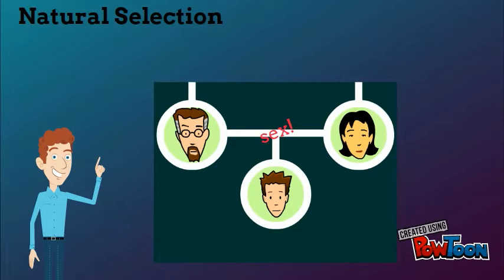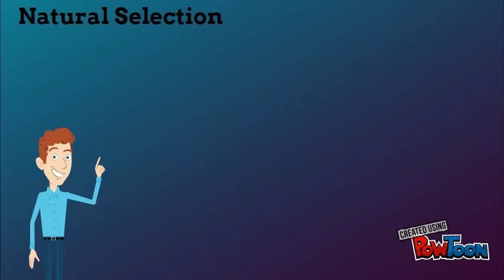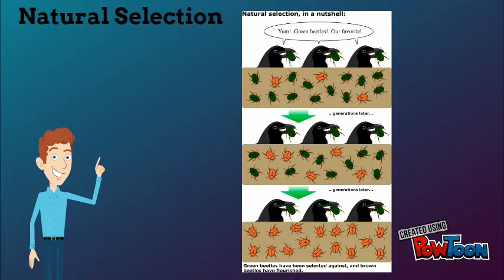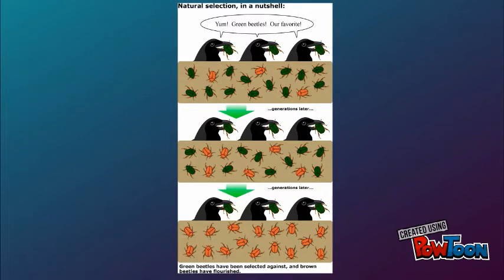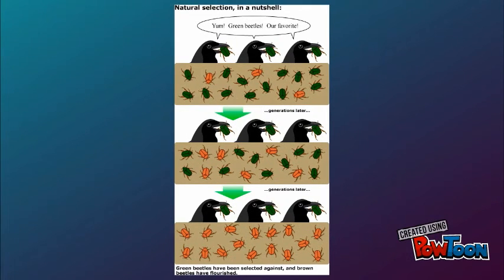To explain it, let's take a look at the image. Here we can see that there are green and orange petals, and there is also a bird that preys upon the green ones. Because the birds eat the green ones mostly, these were not able to reproduce while the orange